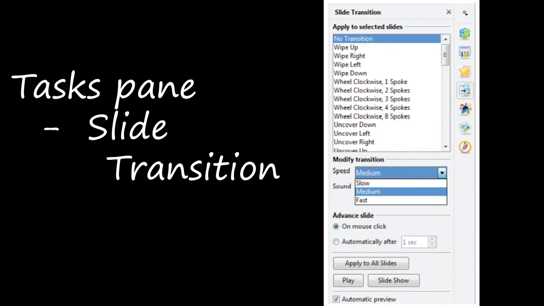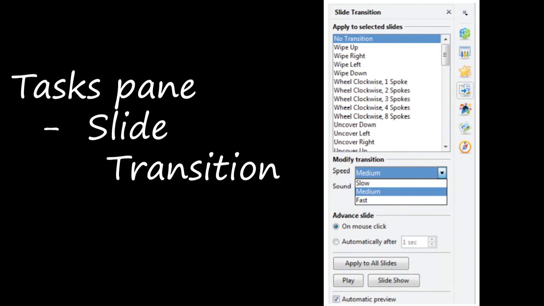And here we have on mouse click, automatically after. That means when you have one slide in your screen, if another slide has to come as soon as 5 seconds is over, you can just click automatically after and you can give 5 seconds in that box. Or if you want it on mouse click, you can just click that option. If you select that mouse click option, whenever you click on the mouse or whenever you give the arrow key or enter key, the next new slide will be displayed, right?